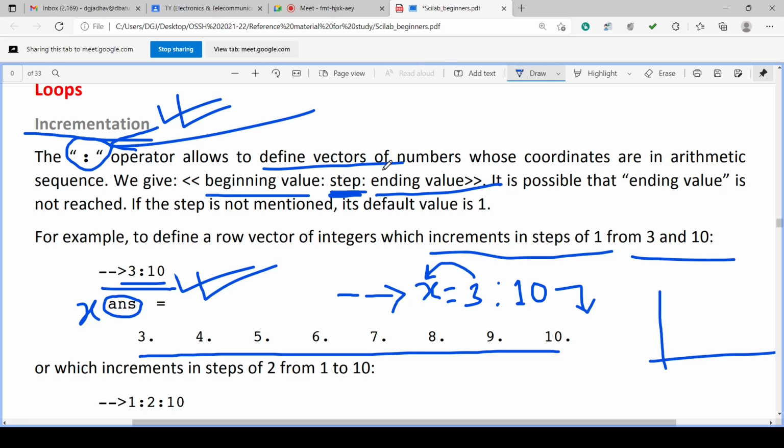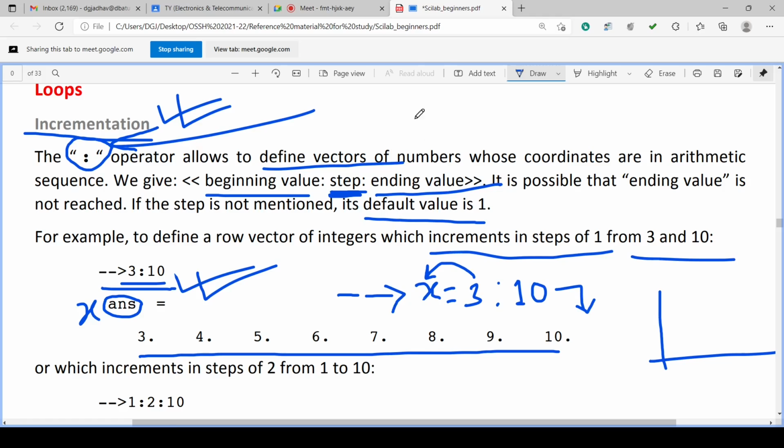If step is not given, like this 3 colon 10, only 2 values are given, only 1 colon is used, then it assumes the step as the default value 1. So in this way, if we are not giving the step value, it assumes 1 by default.